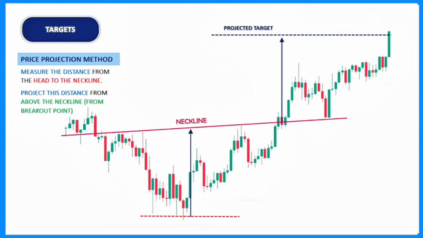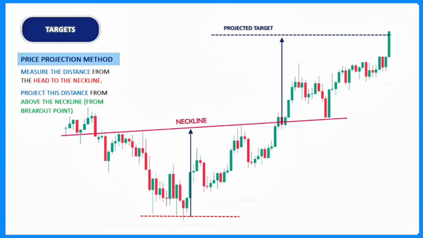Here's how it works. Measure the distance between the head and the neckline. Then, project that same distance upward from the breakout point or neckline. That projected price is your target level, the area where you can plan to exit. This method also helps you decide if it's too late to enter a trade. For example, if the price is already close to the projected target, there's probably not much juice left in the